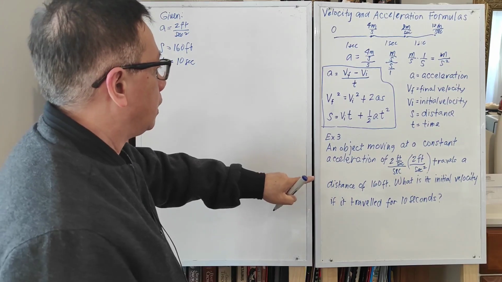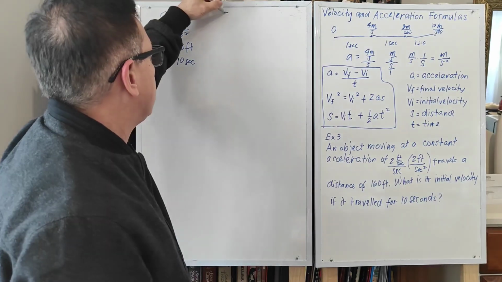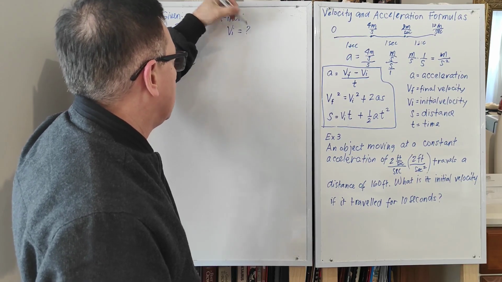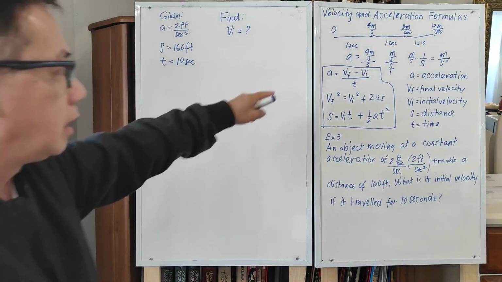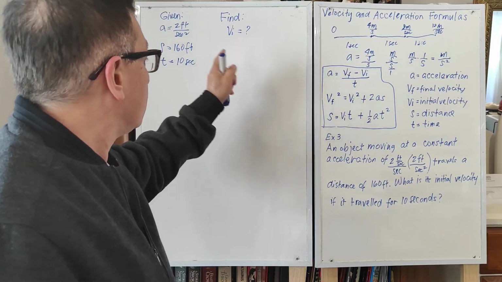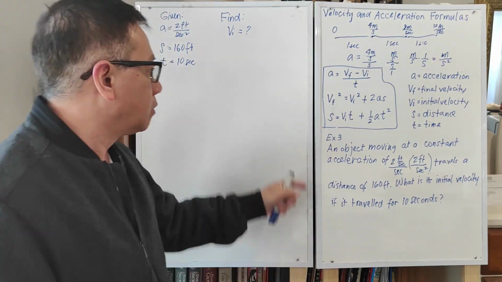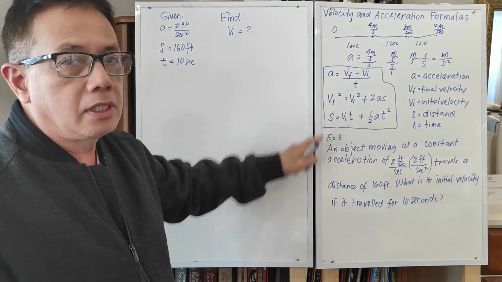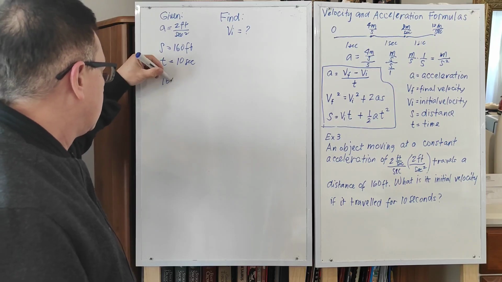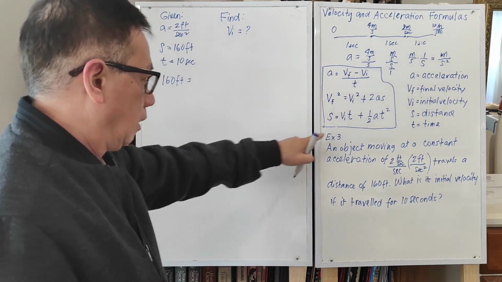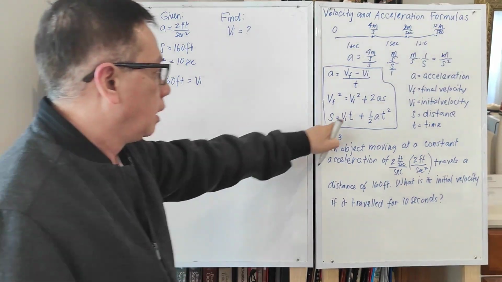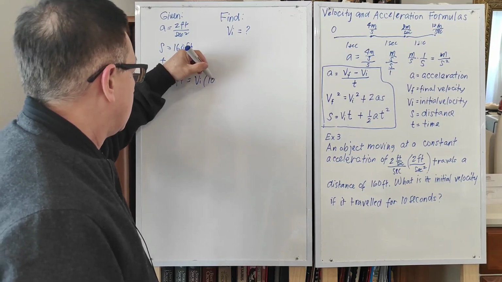So what is being asked? What is its initial velocity? So find initial velocity. Now from these three equations, three formulas, the one that would fit our question would be this one. So we just plug in these values into this formula. So S would be your 160 feet. Initial velocity is still unknown, so we just leave it as initial velocity. Time is 10 seconds